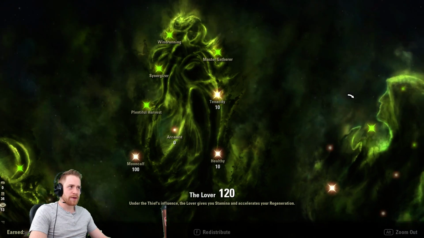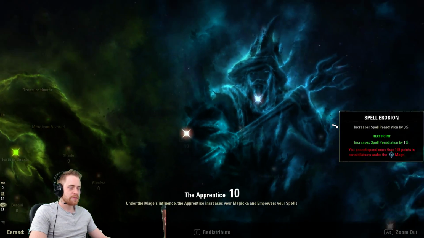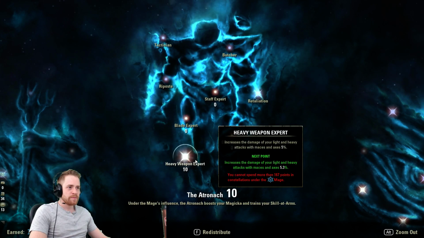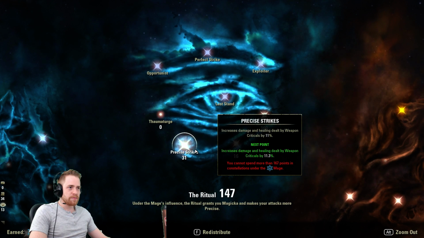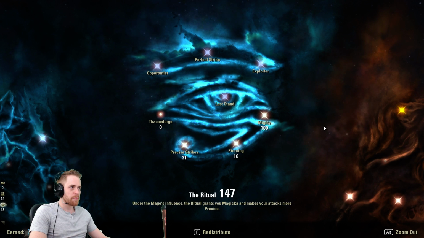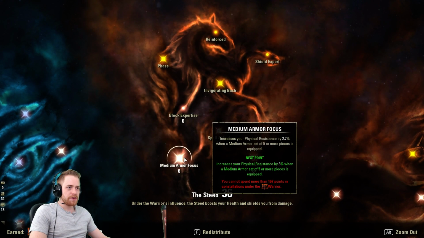I should be getting more back from heavy attacks. Tumbling, put some in there too. Okay. Blessed, threw 10 in there. Threw 10 in over here on heavy weapon for axes and maces, which is what I'm using. And then precise strikes, 31, 16, and then 100 in the mighty. Okay. This gives me good stuff. Over here,